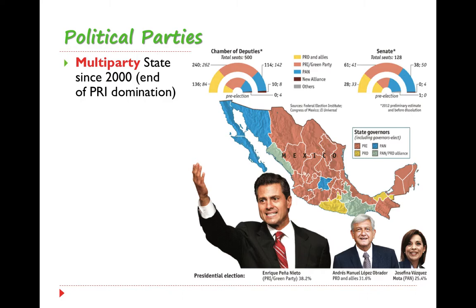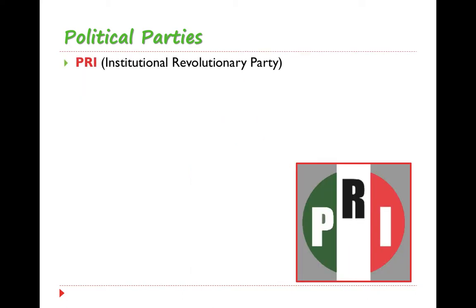So Mexico is a multi-party system really since 2000, when the end of one-party domination came. The three parties are PRI, PAN, and PRD. Let's start with PRI. It stands for the Institutional Revolutionary Party, the PRI party for short. And